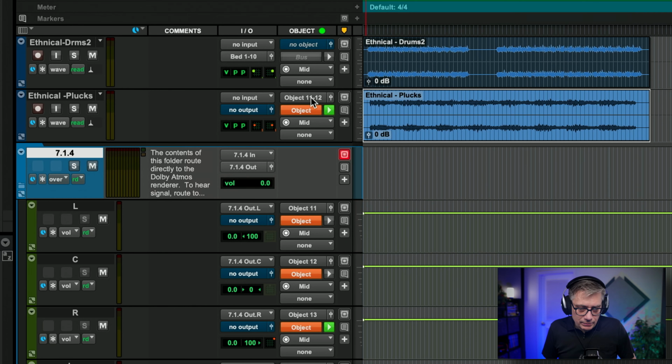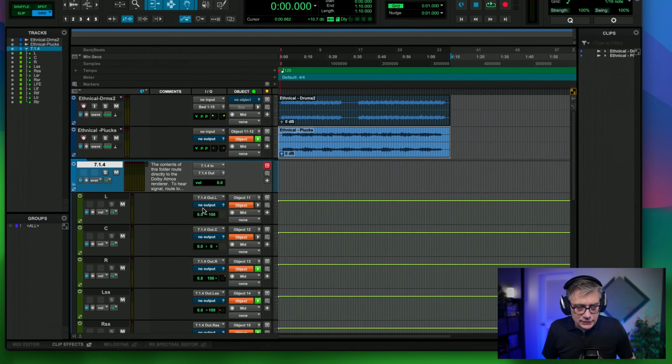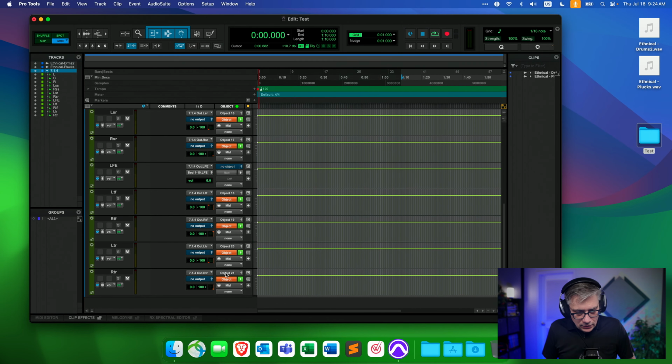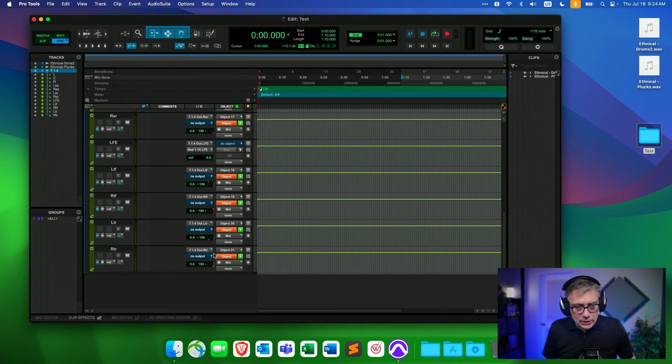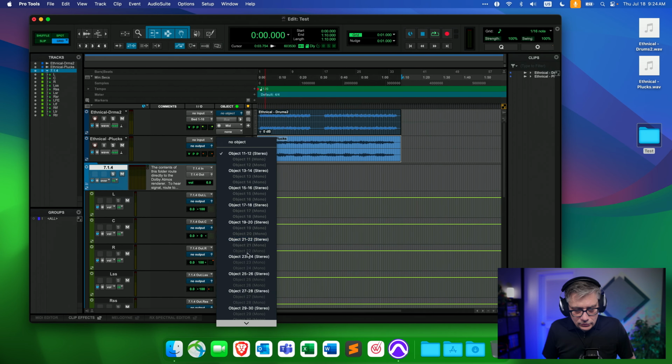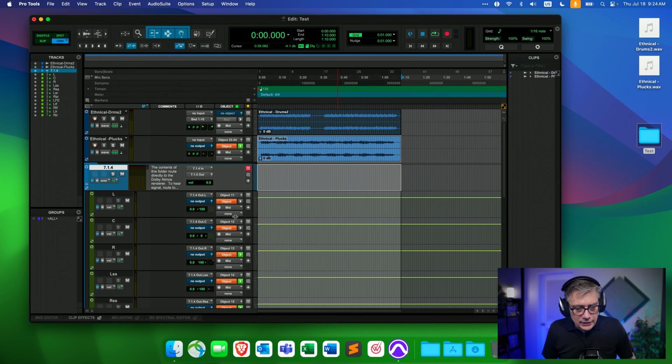So in order to make that work, we need to change the objects of the already existing tracks. The last one is, I think, object 21. So anything after 21 is fine. So I'm going to simply set that to 23 to 24. And then I can activate these two additional objects here, and I have everything in there.